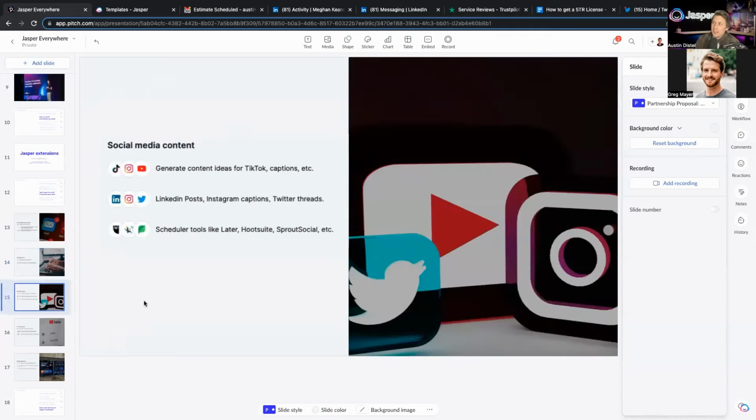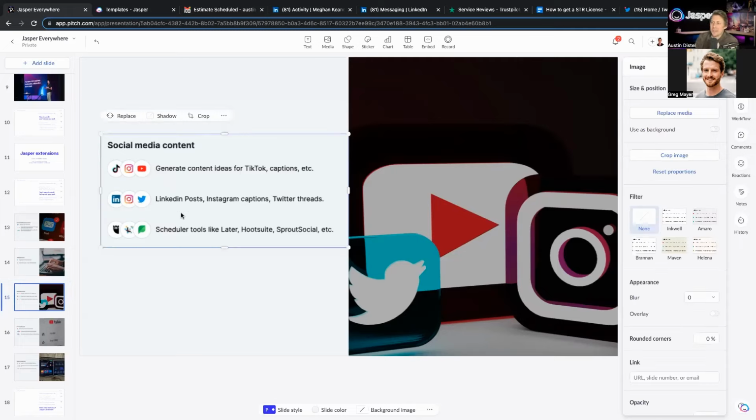You'll also find it is so efficient at creating high quality social media content. And if you want some ideas to generate, hey, Jasper, write 5 ideas for compelling TikTok hooks on the future of generative AI, or how to install shiplap on a wall. It's going to come up with such a wide range because it's read the internet. It knows about pretty much everything. And you can ask it to generate those ideas to get your wheels turning.